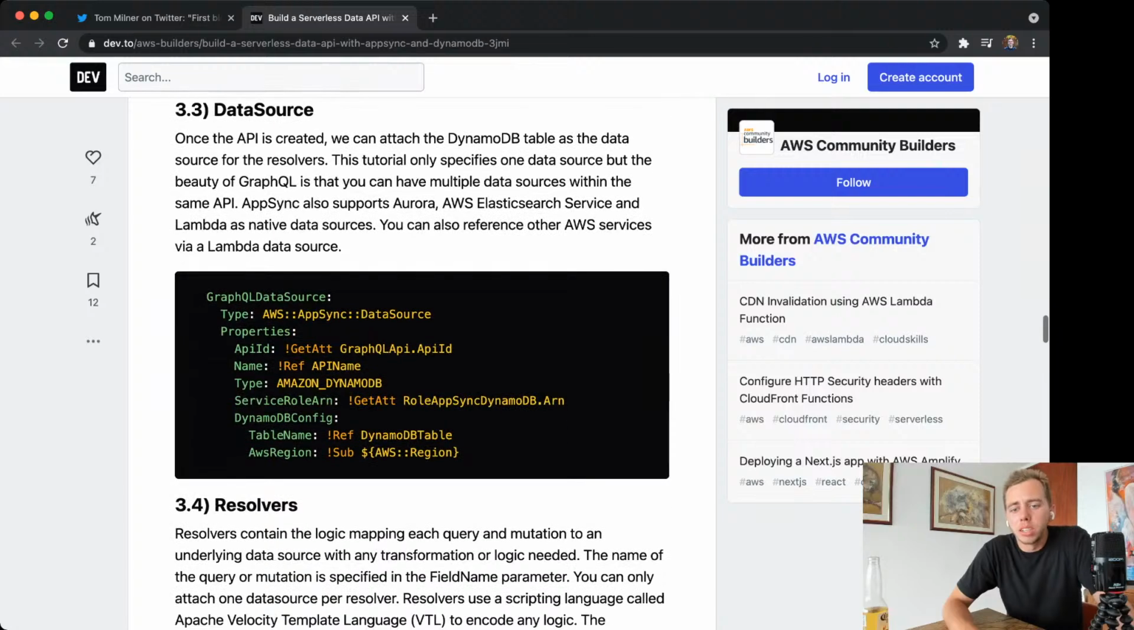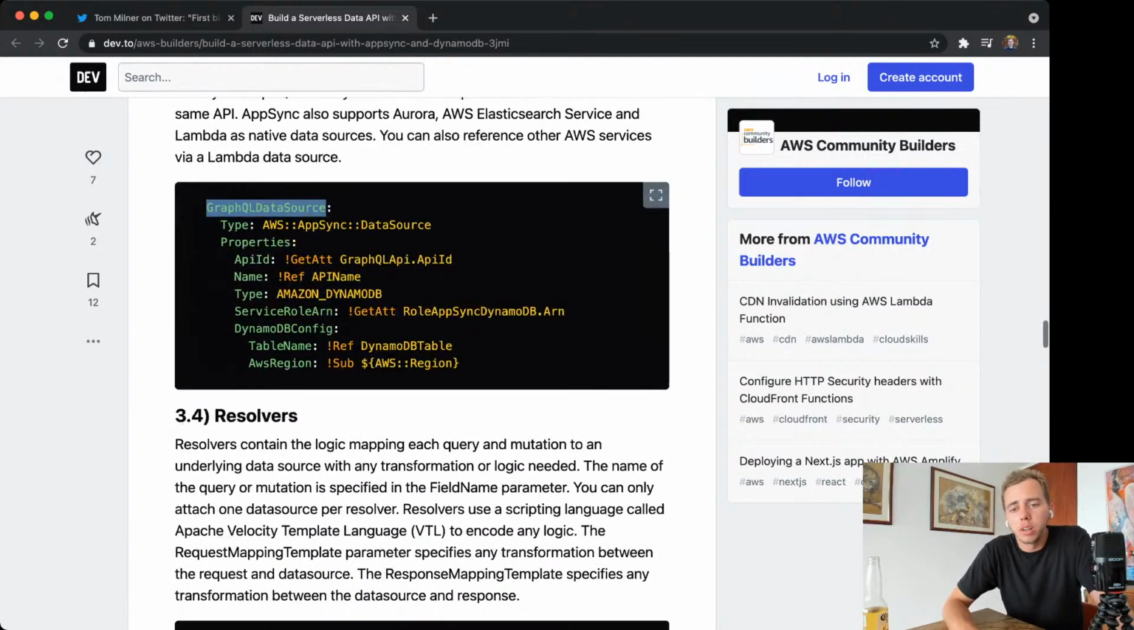All right, moving down to data source, we've got another resource here called GraphQL data source, AWS AppSync data source. We've got get attribute here, so again referencing the GraphQL API ID, another point of why it's important to use dynamic fields and not hard code anything. Then we have reference API name, another example. We've now referenced API name 4 times, and so all we have to do is update it in one place, and it updates in 4 different places,